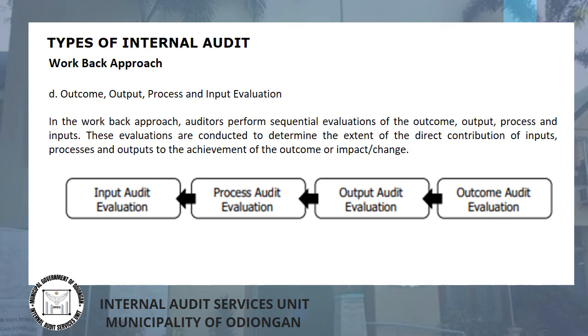Outcome evaluation. In the workbook approach of operations audit, an outcome evaluation is conducted to assess the contribution and proper attribution of an LG outcome to the benefits, impact, or change in the condition of the intended beneficiaries by comparing the outcomes with the baseline data. An estimate of what would have happened in the absence of the program or department, division, or unit is determined. In the conduct of outcome evaluation, proper identification and attribution of the outputs to the outcome or impact or change